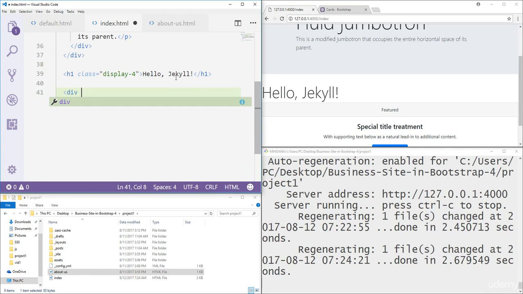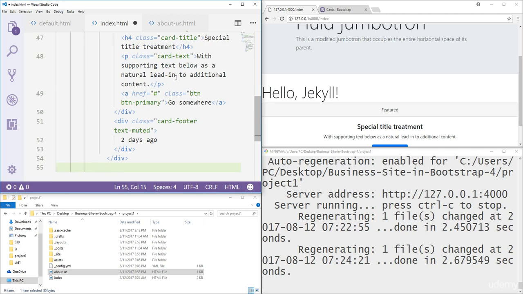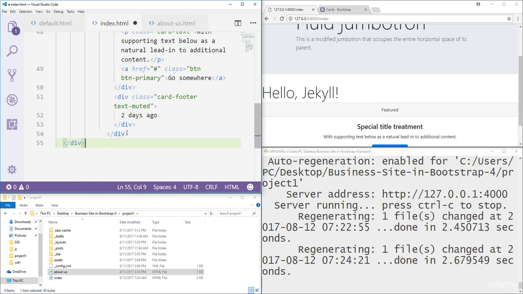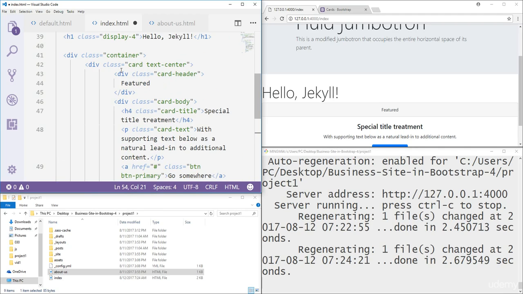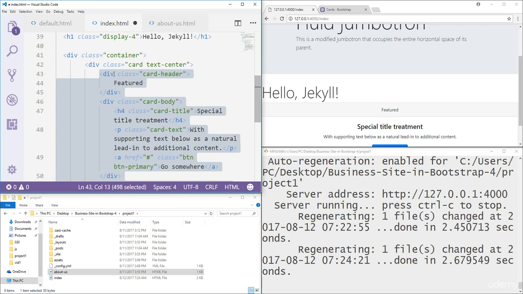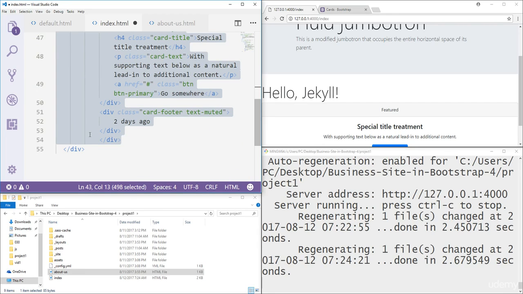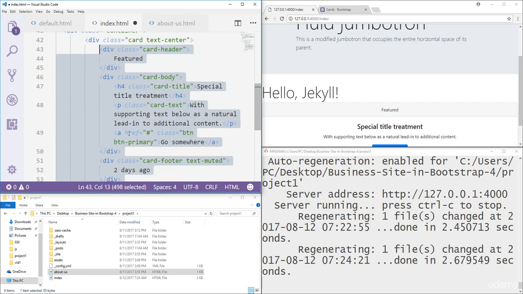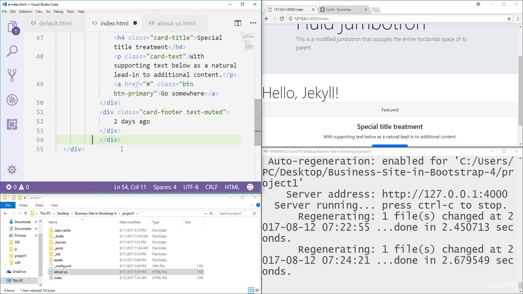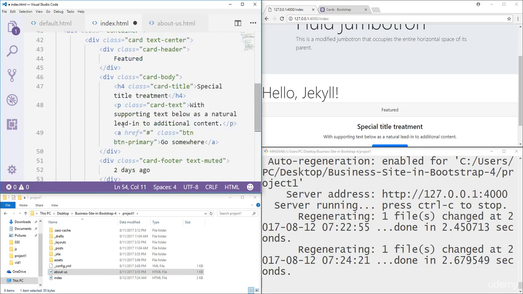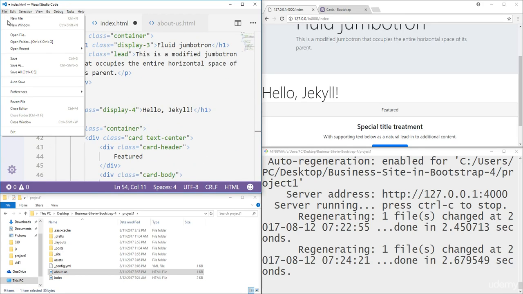So I'll type div class equals container, and I'll paste everything in, and I'll close the div, and here I'll just format the code a little bit, but not too much. At this point, I think it's too early for code formatting, so I'll just save everything,